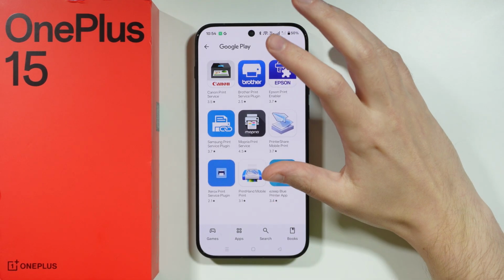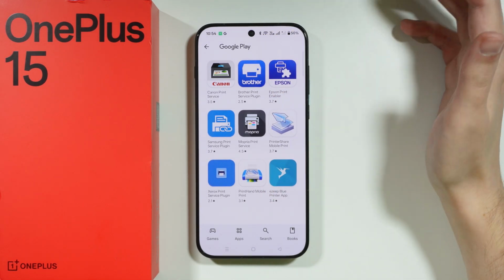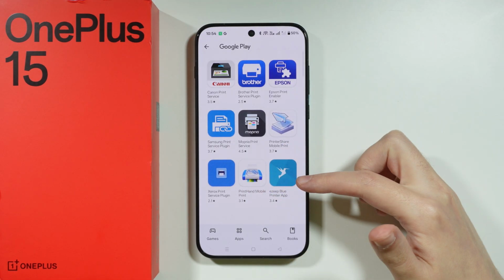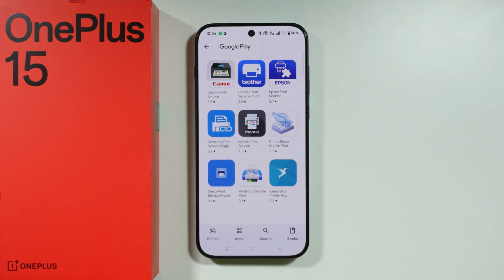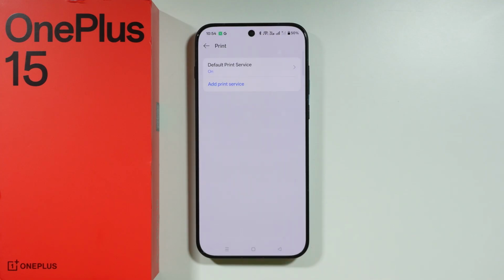Now in here we can get the print service, the additional plugin. Of course we need to choose the corresponding plugin corresponding to the manufacturer of your printer. So make sure that you choose the correct one. However, if despite using the plugin still you cannot connect your printer, another thing that is worth mentioning of course